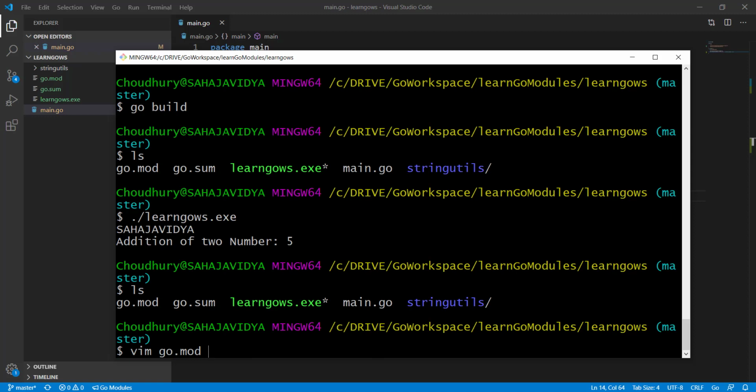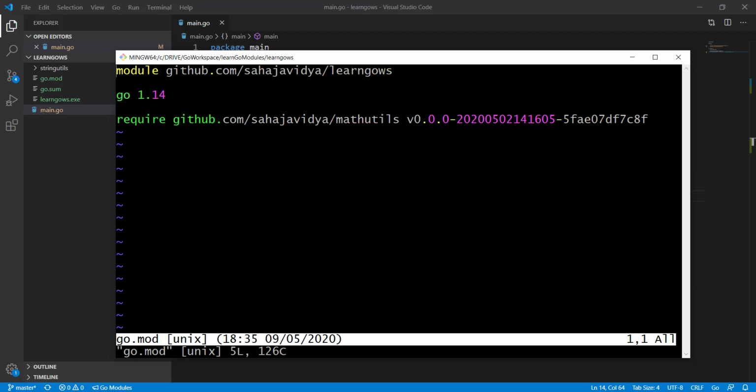If you are not using Go modules, you need to explicitly call go get to get the package, then only it will compile it. So if I open it, it has added a dependency, require this package of this version. Why is the version added like this? Because I have not tagged my package, so it is just giving when this package was created and the revision number. We'll see how we can tag and specify a specific version as well in my upcoming video session.